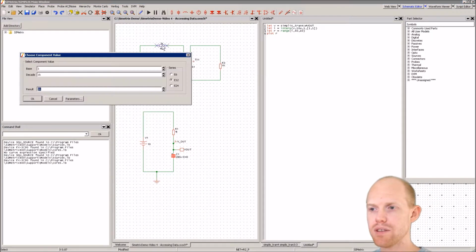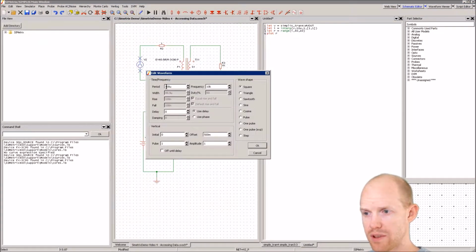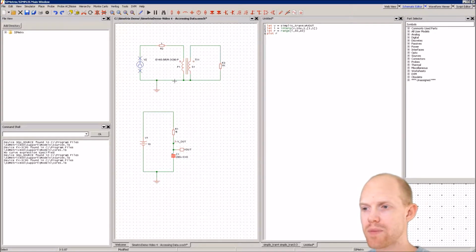We're going to make this resistor 1 ohm so it lets a lot of current flow. And we're going to change the pulse in here. Let's give it 500 micro and we'll have it start at -5 and pulse to 5 volts so it's symmetrical. And now if we run this,